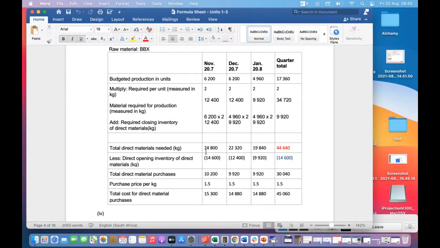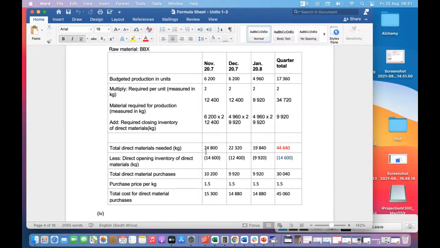Then you now know the total direct materials that you need to purchase for the month of November, because you've subtracted how much is needed from how much you already have via opening. And there you go. Then we have the purchase price per kg. You know how many kgs we need? We have the purchase price per kg, we times that, and that's how we get to our total direct material purchase for the month of November. And then we literally just do the same thing that we're doing with the production budget, but now we're obviously operating in the raw materials.